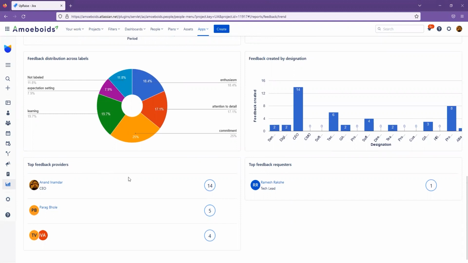And finally, you've got top feedback providers and top feedback requesters. This essentially indicates the list of users who have created the maximum number of feedback messages in the given duration. You'll see the top 3 in here. If there is any tie, you will see multiple users listed in one row. On the right hand side, similarly, you will see the top feedback requesters. These are the employees who have created the maximum number of feedback requests